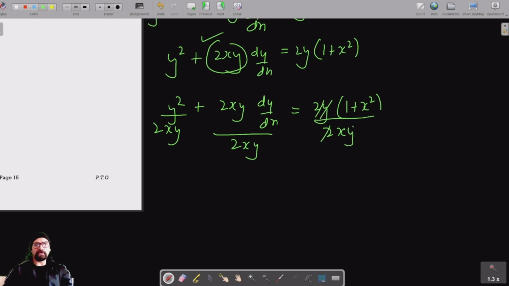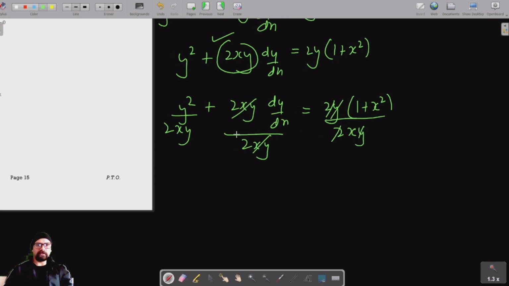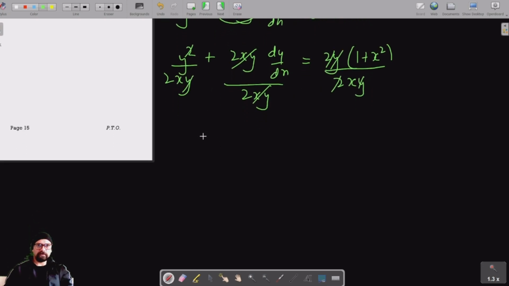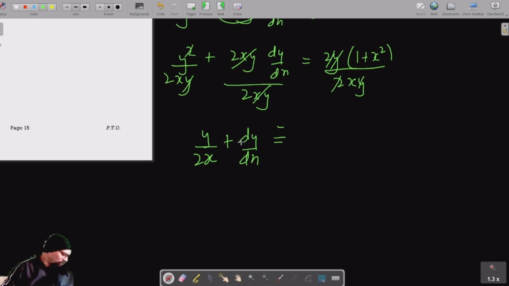So 2, 2 and y get cancelled. Now this is y upon 2x plus dy by dx, which is equal to